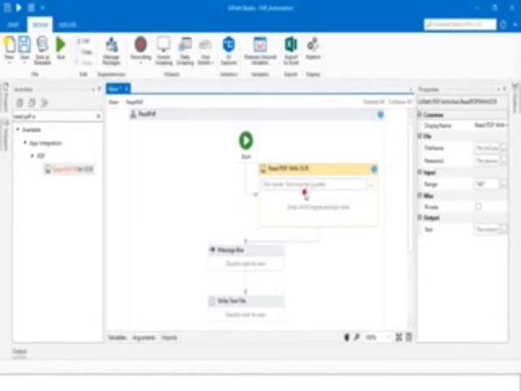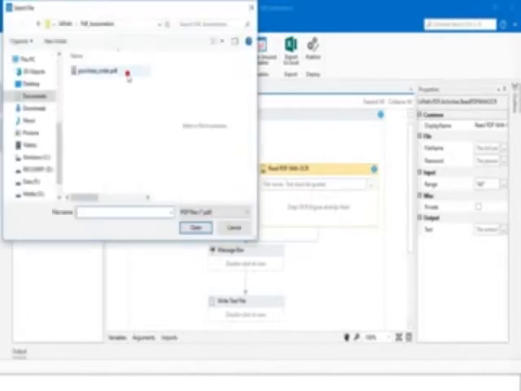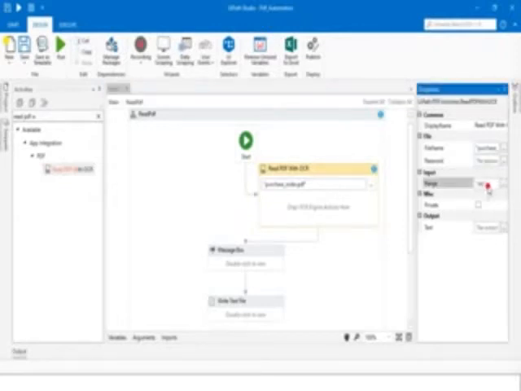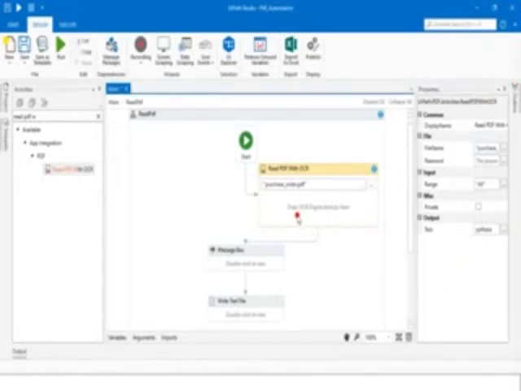Here also you have to give the file name, or click on Browse, select the file and open it here. Here are the same properties: file name, password and range, and we use the same variable here. And we type here PDF,